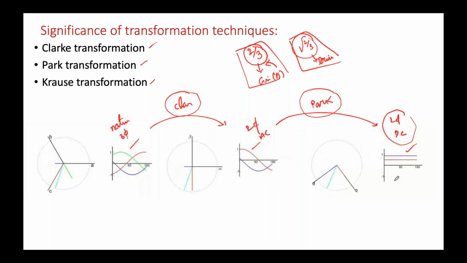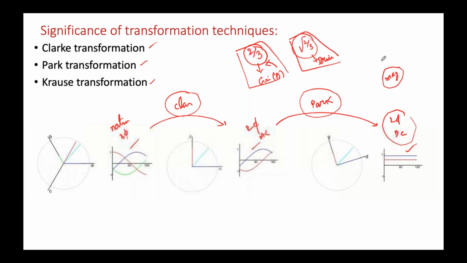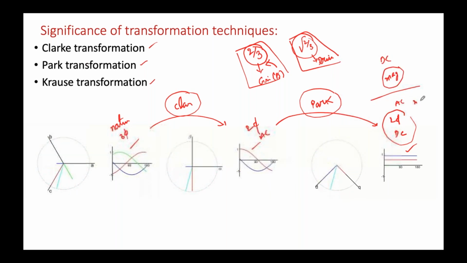Why? Because if the variable signals are in DC nature, the advantage is you need to put more concentration on only magnitude. Otherwise, if it is in AC nature, then you need to put more concentration on magnitude as well as phase. It is very difficult. That's why